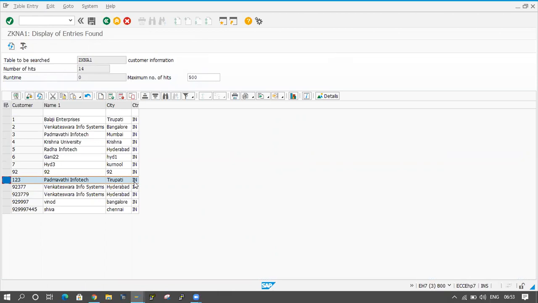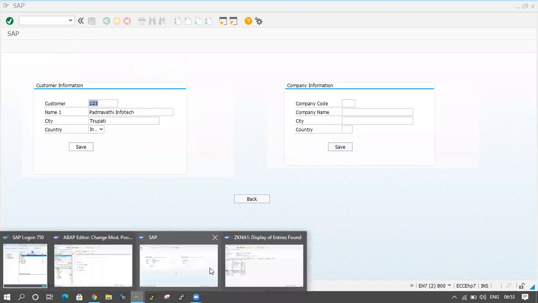So India I have selected there, that is the description. While saving the data in the database, we have to save the key only, the IN only. So it is saving like IN. Okay, so this is the way to provide a drop down to the input screen.